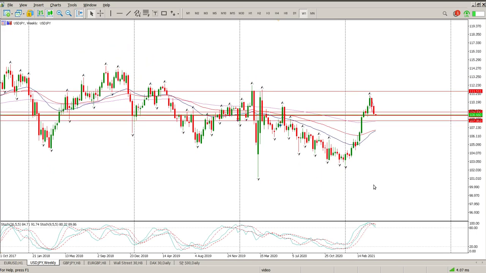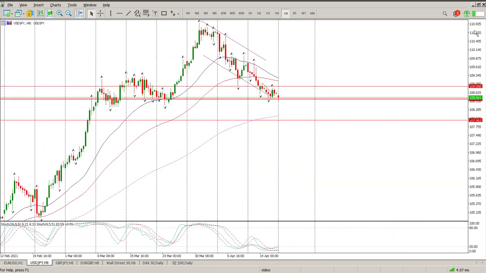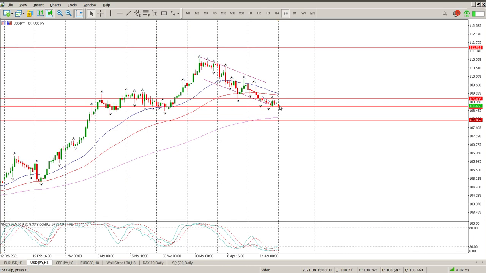So what are we saying? We are top of range on the weekly, and we're looking for a move to the bottom of the range, and this needs to ease off. So coming back to the 8 hour, what I'm assuming is going to happen is we're probably going to try and build a base here, and then we're looking to drop below